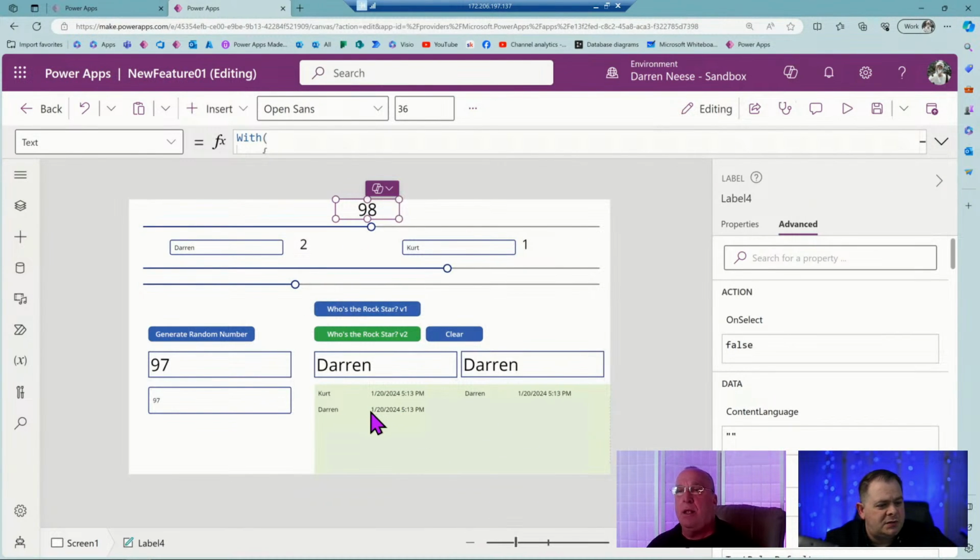We've got 3 votes. Darren's got 2 votes. Kurt has 1. So it's 2v1. Yeah, 98. We have an offset. But I want to offset from, because Darren won, I need to add that 98. So it should be all the way over to the right. It should be almost max, right? So it should be 0 plus 98. So that's what I want to do. If Darren wins, I want to add.